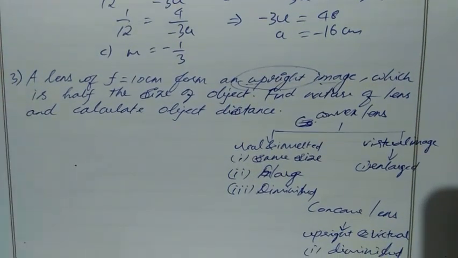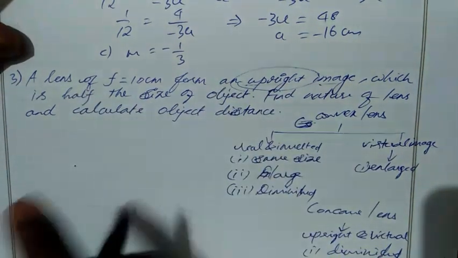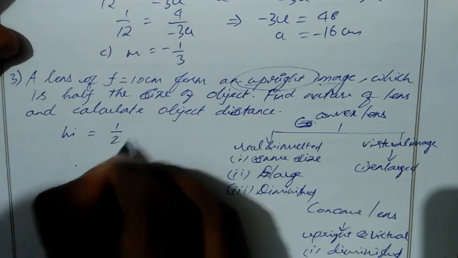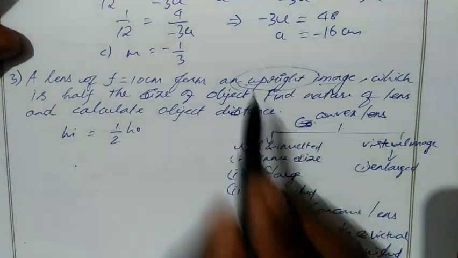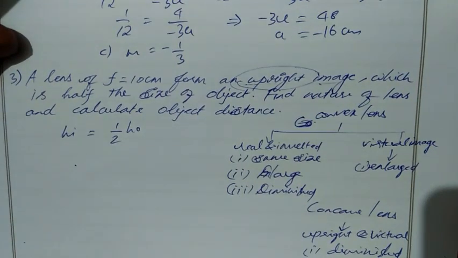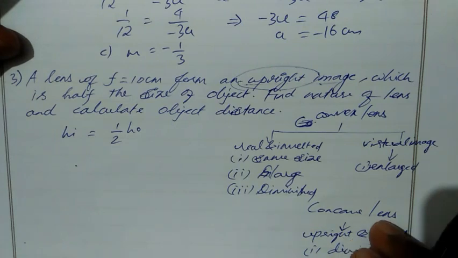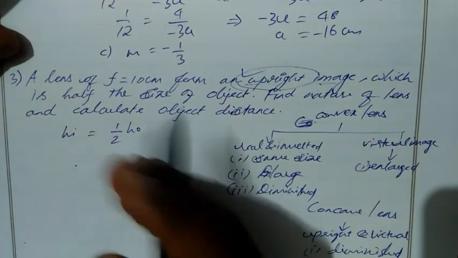Okay, now come to the question. Height of image is half the size of height of object. So we can say height of image is half the size of height of object. And also the nature of image is upright, virtual. So in both the cases we have virtual. Then we have to consider that in both the cases we have height of image half the height of